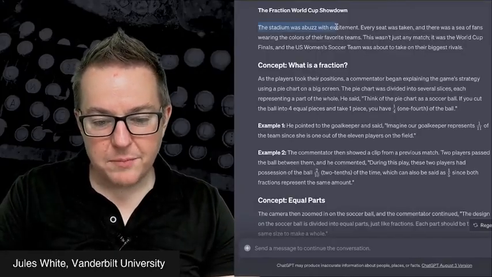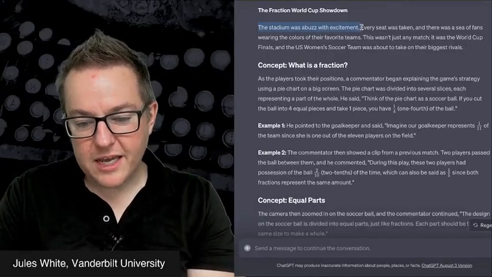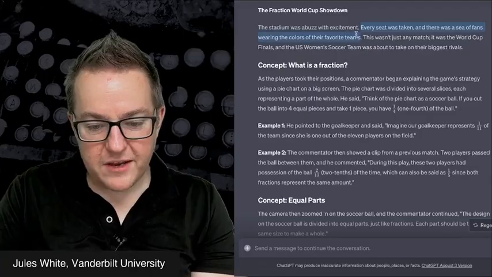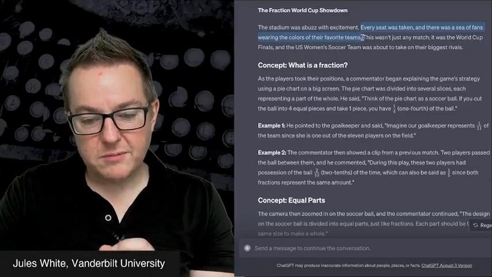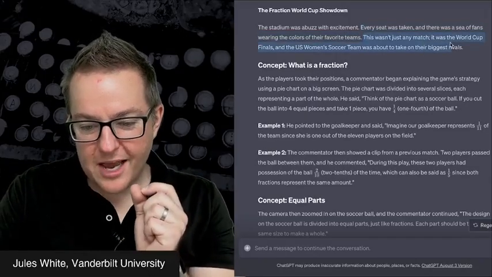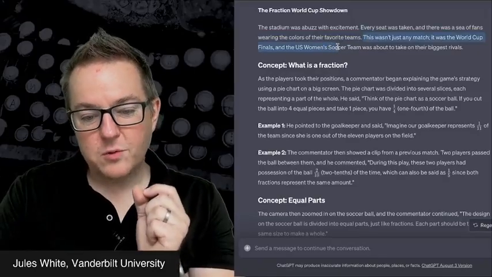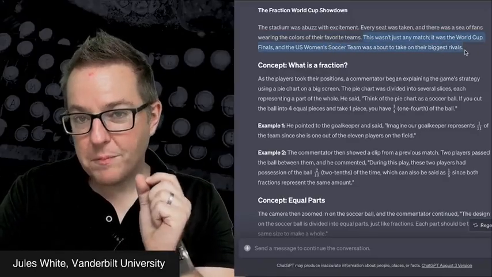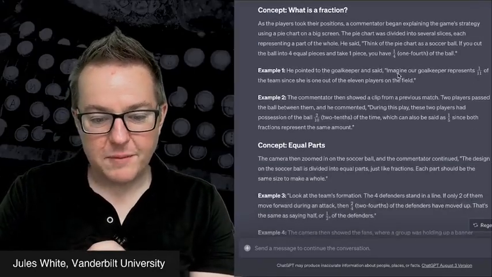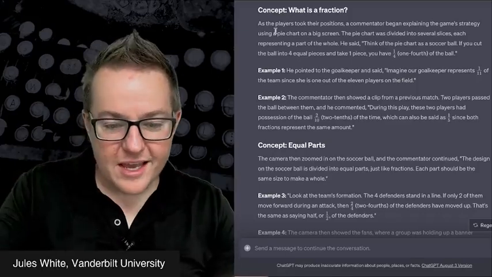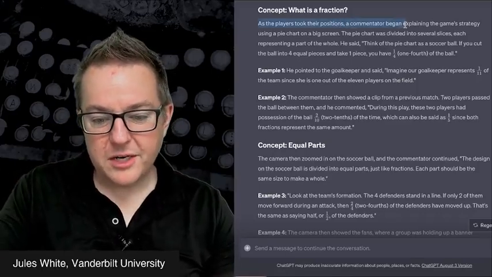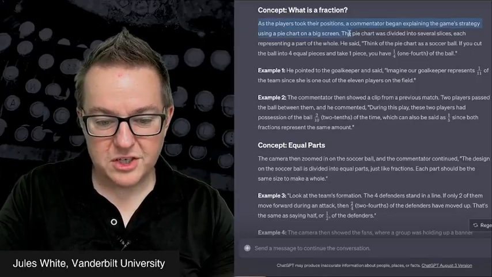The stadium was abuzz with excitement. Every seat was taken, and there was a sea of fans wearing the colors of their favorite teams. This just wasn't any match, it was the World Cup Finals, and the U.S. women's soccer team was about to take on their biggest rivals. Concept, what is a fraction? As the players took their positions, a commentator began explaining the game strategy using a pie